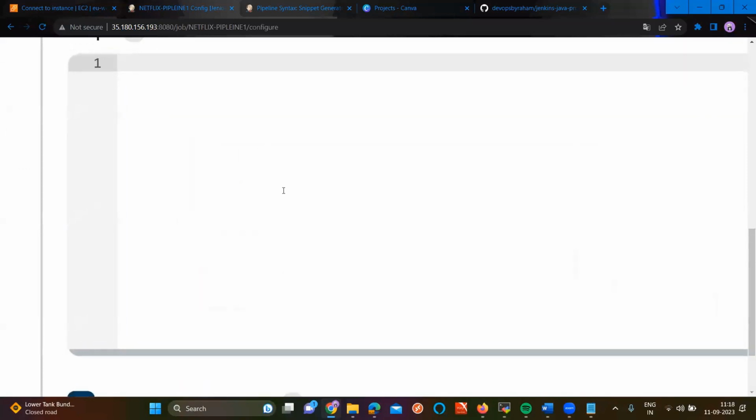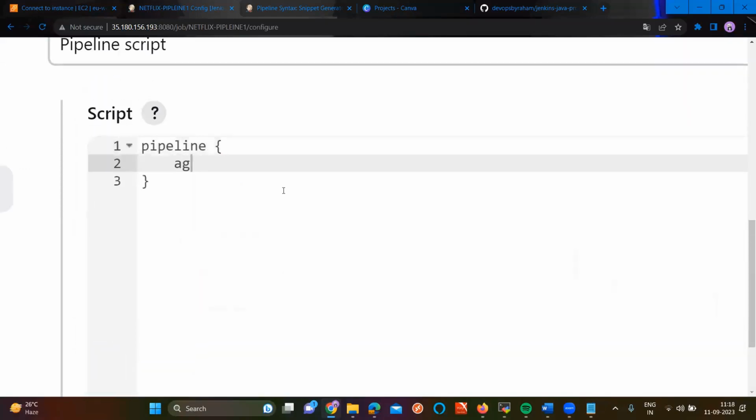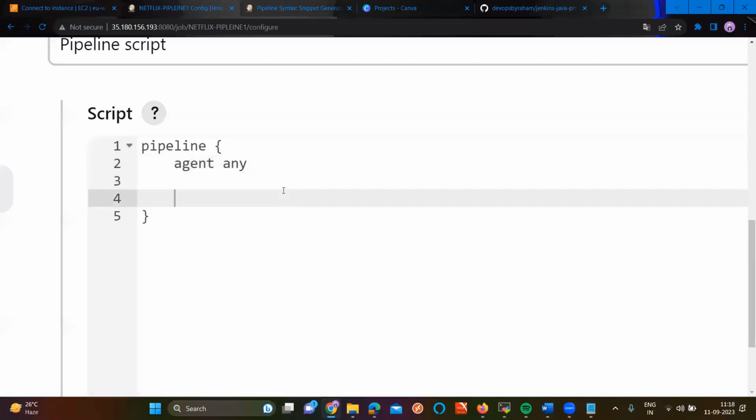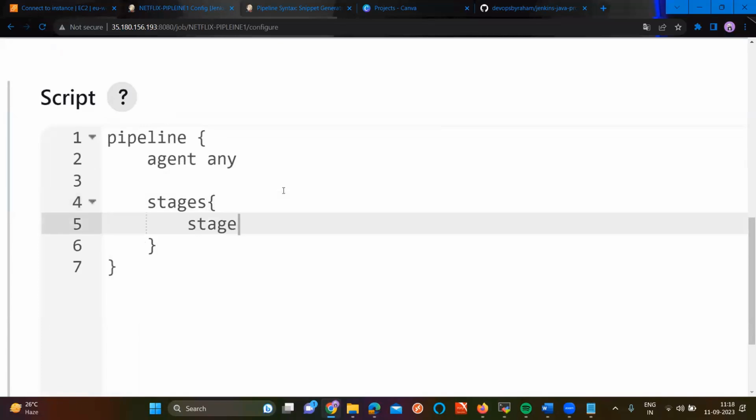First of all, pipeline. Agent any means executing on any node. Next, here stages. Stage number 1 is checkout. Here I want to write